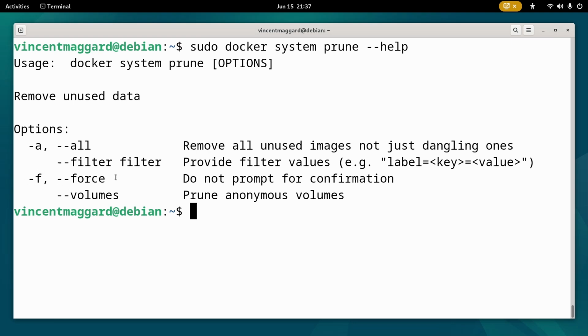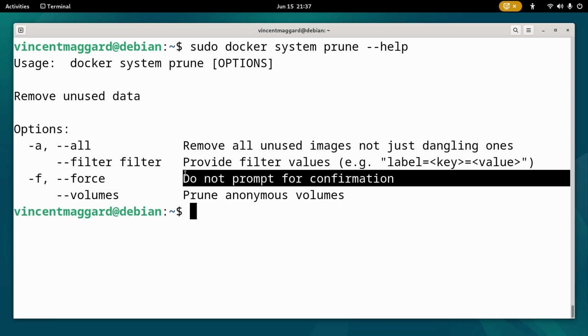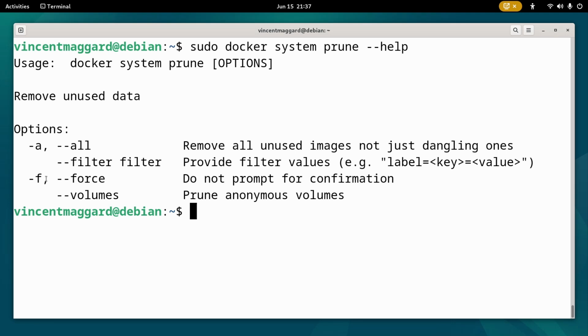The -f you can use here is to actually force it to do it without asking you for sure. So I could see me using that. Like I'm thinking I'm going to run this maybe once a week on a cron task. Let me know in the comments if that's a good idea. But I don't see anything wrong with it here in my little test system at least. But I'll use that argument so that way I don't actually have to do anything. Because obviously if it's a cron task, it's not going to have me there to type in yes and hit enter. Now the --volumes is, again, that will prune the volumes.